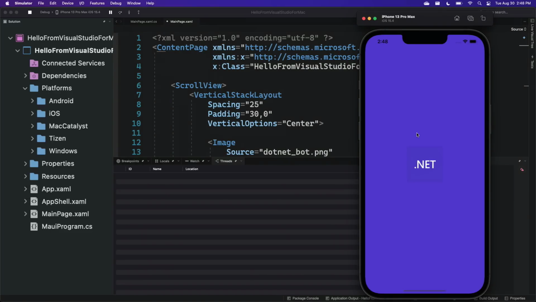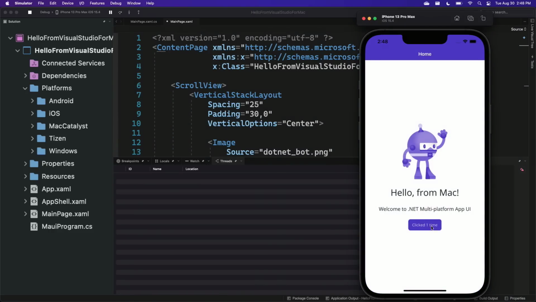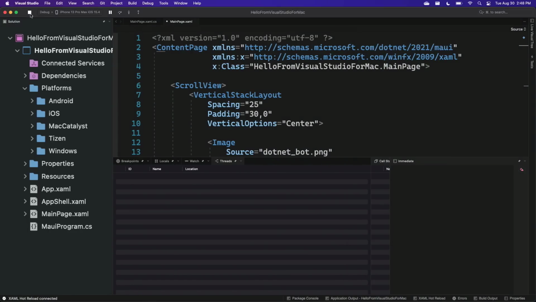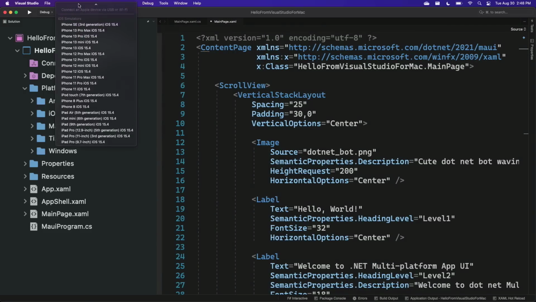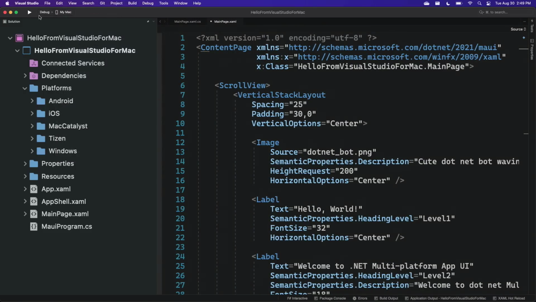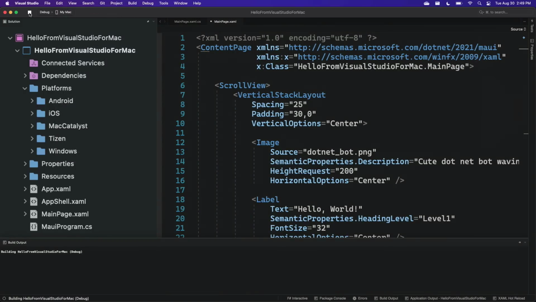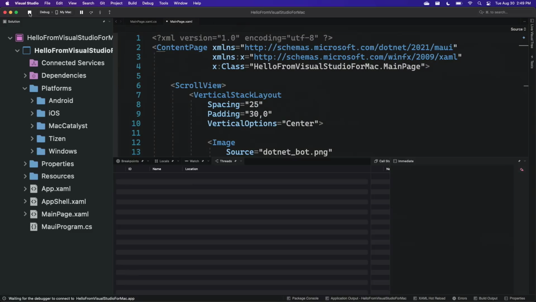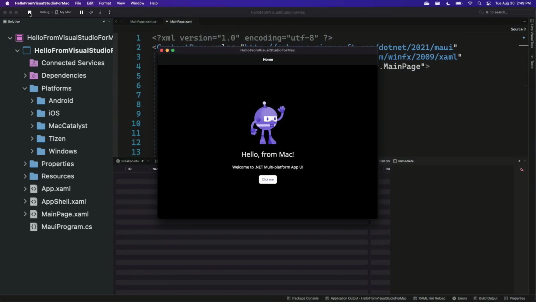And sure enough, I get my .NET MAUI application. I can hit click me and I'm increasing the count. And it's the same exact thing that we got over on Windows. Now, the difference is that I can also come in and stop debugging and then say deploy to my Mac. I'm going to now hit debug again, but this is going to compile up the Mac Catalyst version of our application and deploy it locally right on my Mac machine,